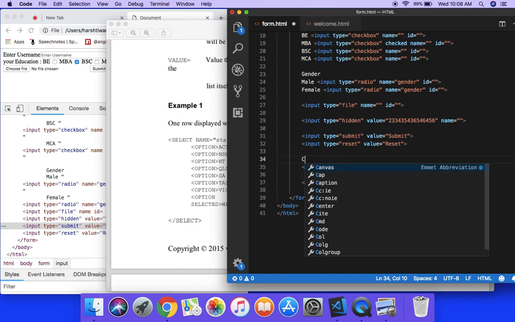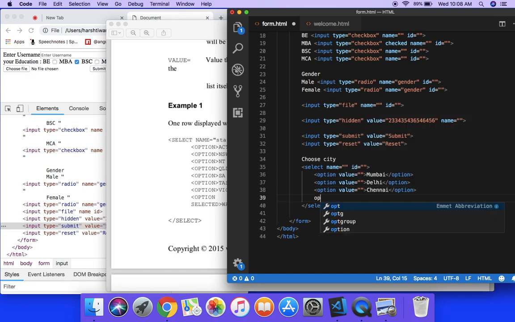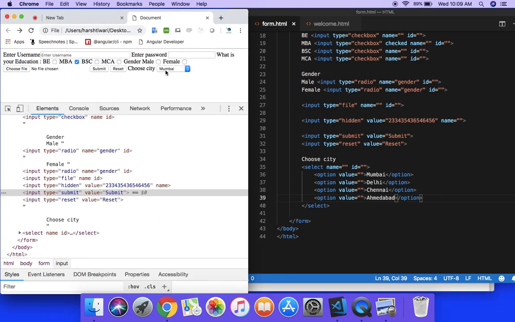So I'm writing here choose city, and the first city is Mumbai, then another city is Delhi, then the next city is Chennai, and then the last is Ahmedabad. And I'm just going to refresh it, and you can see we are getting choose city, and this is